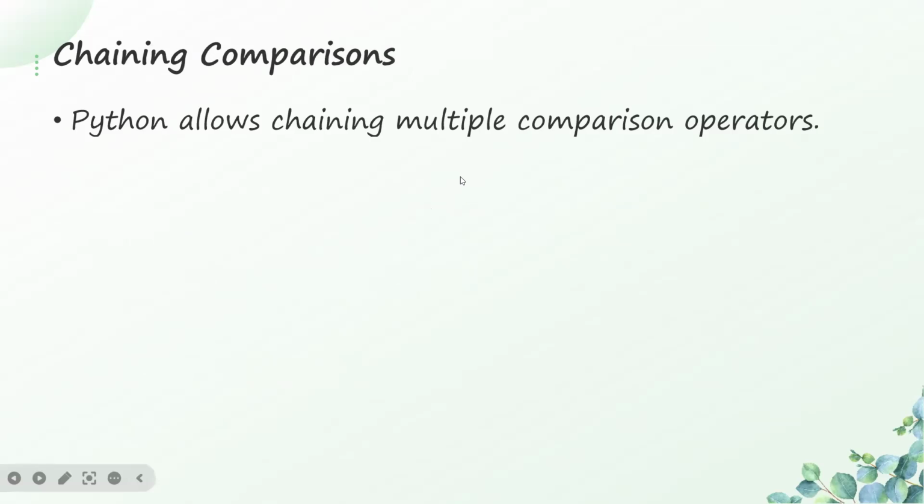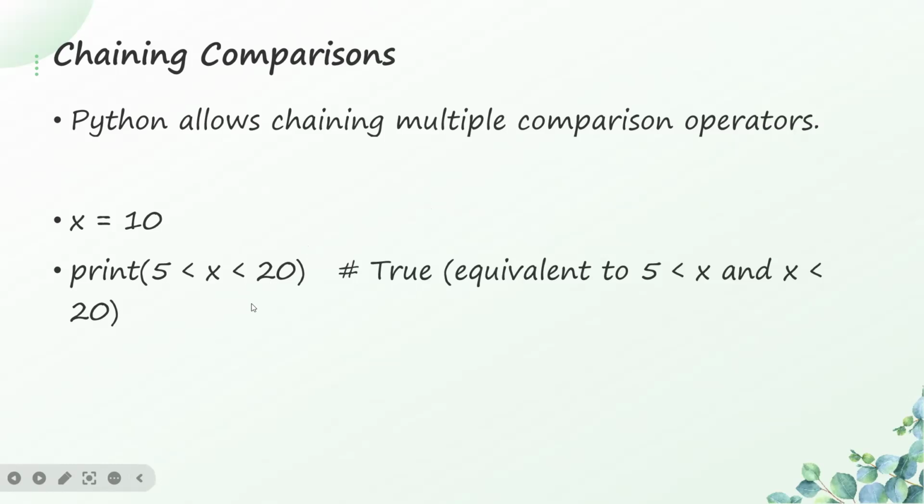You can also chain comparison operators. Python allows chaining multiple comparison operators. Look at it. We have x to be 10, and we are saying print is 5 less than x, is x less than 20. This is what Python is going to do. Remember, we talked about associativity. When you have two operators in an expression, since they are the same operator, they have the same precedence. That means we will now rely on the associativity. So the less than operator you are using here has a left to right associativity. So we will first evaluate